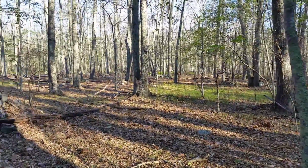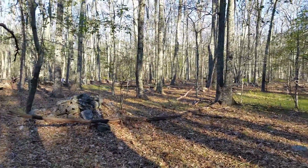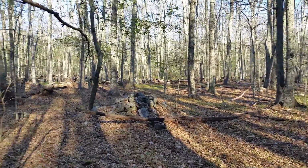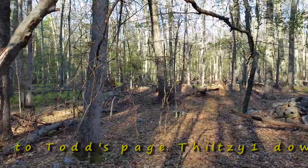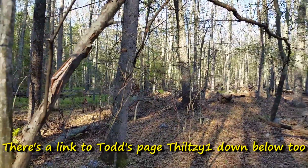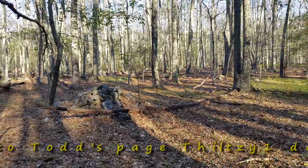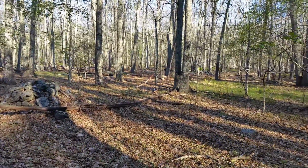Alrighty, here's our first stop of the day, and there's a cellar hole over that direction, and from what Dan says, this is a place that Todd and Dave, the dynamic duo, have hit before, so we're going to try our best. But one of the things I wanted to point out was I haven't been out in about 6 weeks. I know it's only been 2 weeks since my last video, but if you look at the ground,